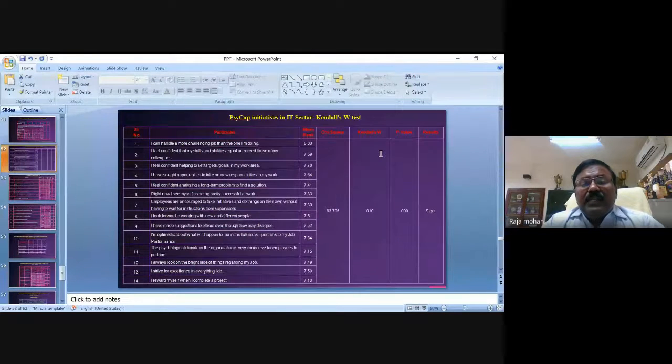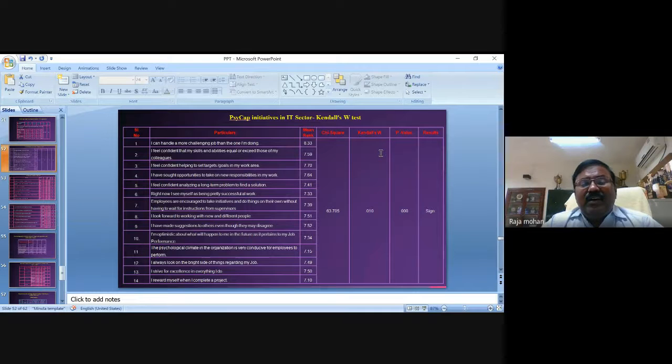And the next one is psychological capital initiatives in IT companies. Actually it is the Kendall test. The same thing, it is like the Friedman test. Is there any significant difference among the responses of the respondents that we are finding out in Kendall? Kendall coefficient of concordance. Is there any